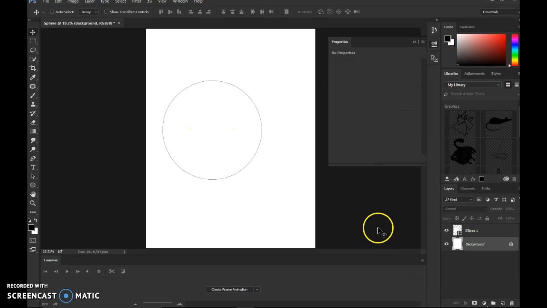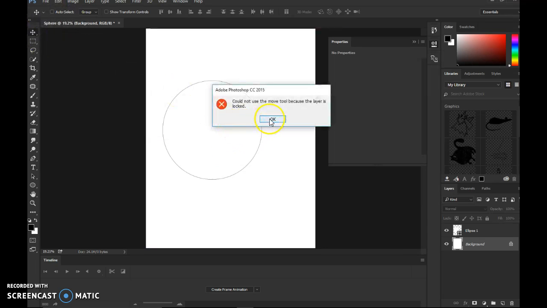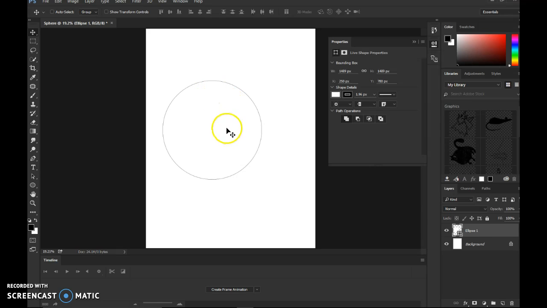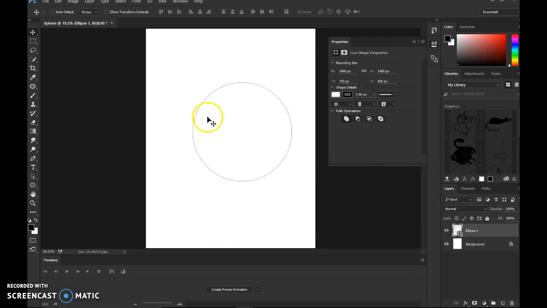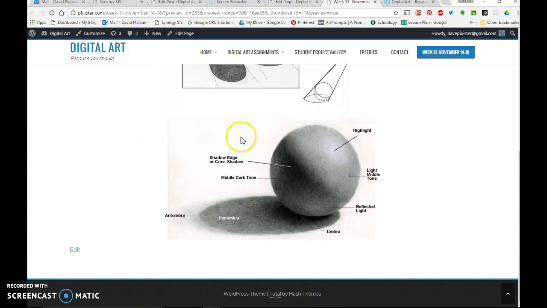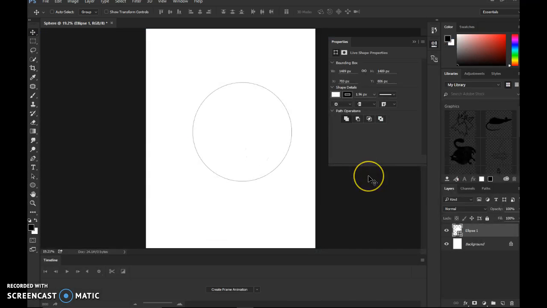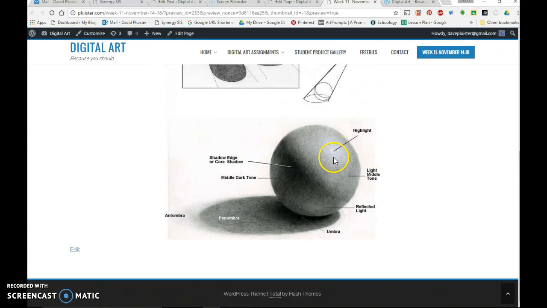Sorry for the little break in the recording, technical glitch. So we've got the circle laid out somewhere on the page where we want it, and we're switching back and forth. You can switch back and forth between the reference image and Photoshop by pressing Alt-Tab. That's a great shortcut to know and get used to. So using that, going back and forth, I'm going to use this for reference, and now I'm going to start